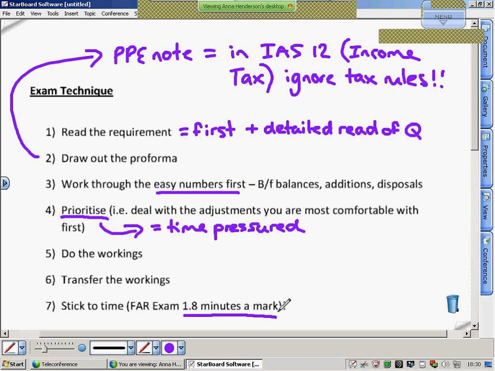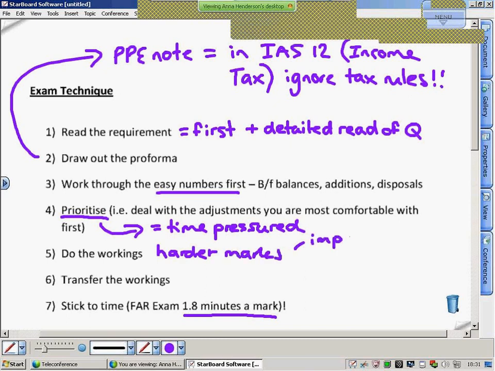But even so, even the best prepared student will usually have one question that, you know, you've run over 2 or 3 minutes and you're slightly down on your time. So very important that throughout you are prioritising the easy marks first. The only reason that a well-prepared student will fail the FAR exam is by trying to be too clever, essentially. So you do want to make sure that when you're going through, you do easy things first, and build up to the tougher things. So the tougher things and the harder marks are definitely